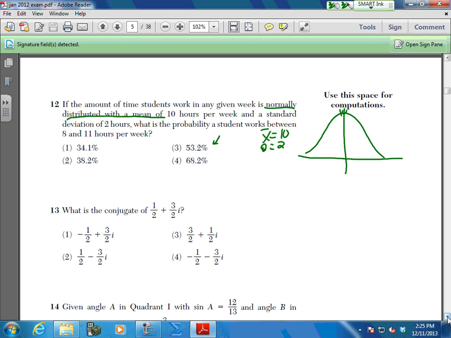Your mean goes here, there's your plus 1, there's your minus 1. We're going to add 2, 12, we're going to subtract 2. Now notice the 11 is halfway at the 0.5. And your chart in the back on your reference sheet is divided by 0.5s. So you're going to pull these two together